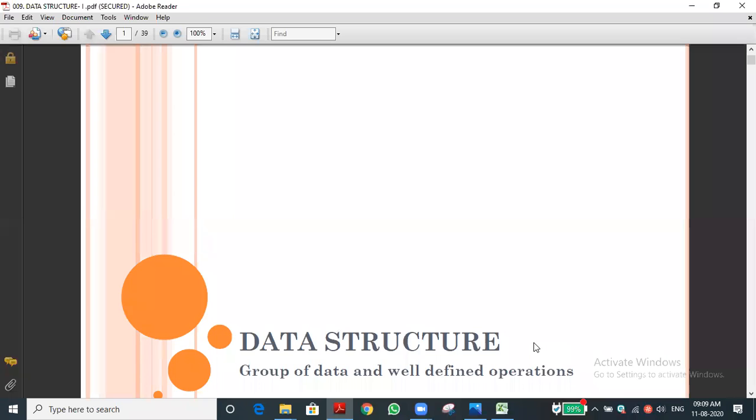So what is information? Processed fact. Processed data is called information. That is, the computer will give certain output to us, and that is called information. Have you understood data and information? You might have already studied this in the 11th standard and lower classes. Okay, now you know data.